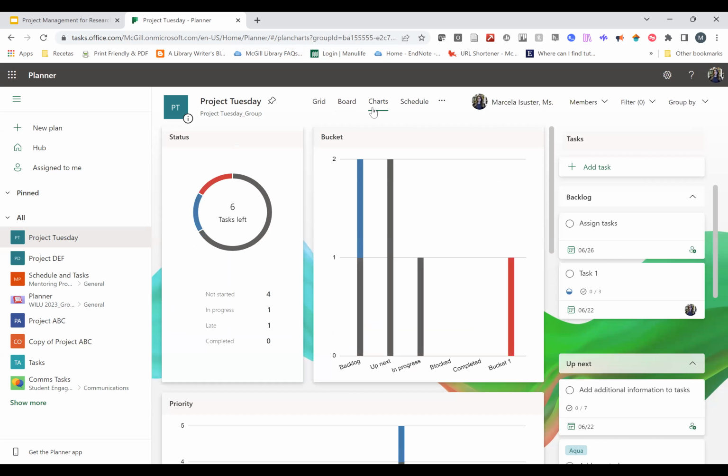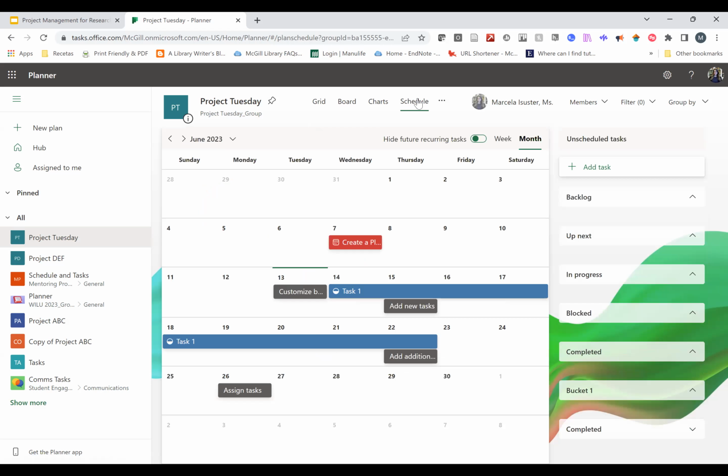You have the charts. I don't like the charts because I don't really understand what the benefit of it is. But if you wanted to see how accomplished you are, you can see the charts. And then you can also see it as a schedule. So you will see all the different things that you have. If you have set a start date, it will cover the entire time, so sort of like a Gantt chart-ish, if you want.